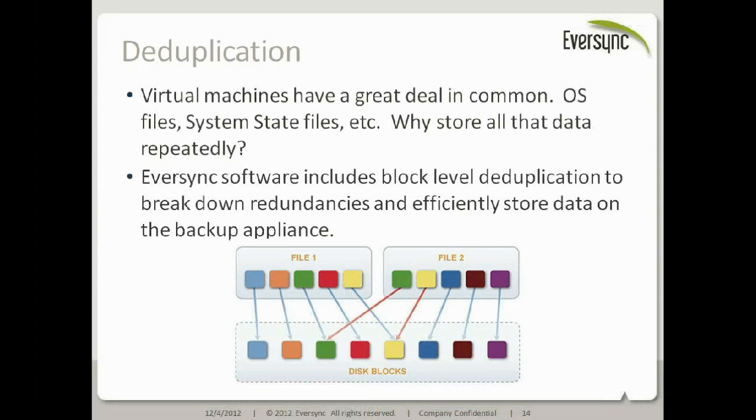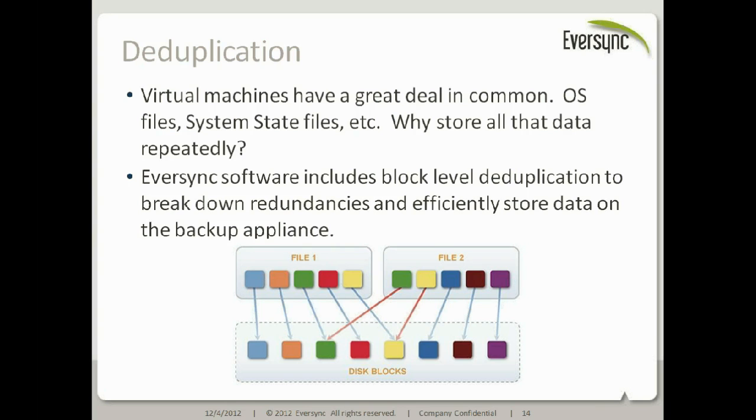And of particular importance is the deduplication, since you're going to have a lot of data that's common between virtual machines, and even a lot of data that's common between virtual machines and physical machines. For example, all of the files that are part of the same version of the Windows OS are going to be basically the same on just about every machine. And so you really don't want to have to try to store multiple copies of that.